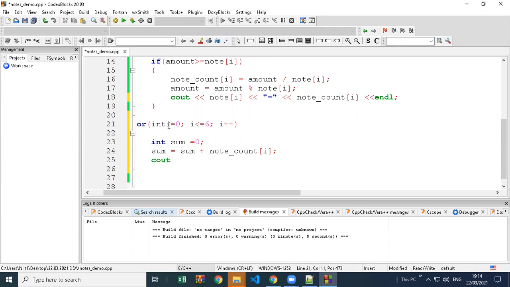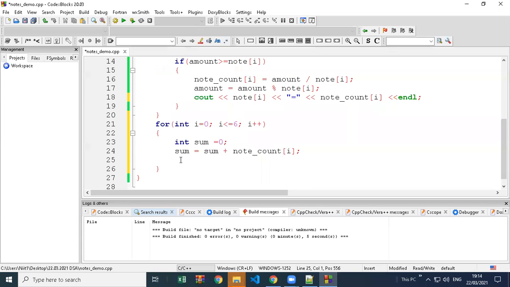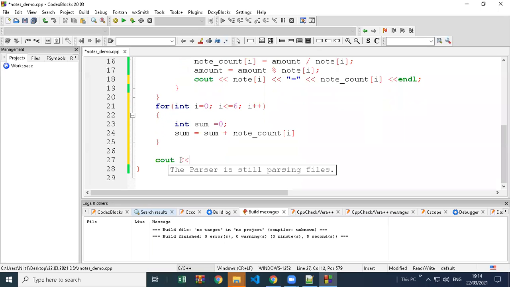And then we have to display the sum after the loop actually. In the loop it will do the sum, and once the loop completes we'll get the sum, then print the total number of notes sum.